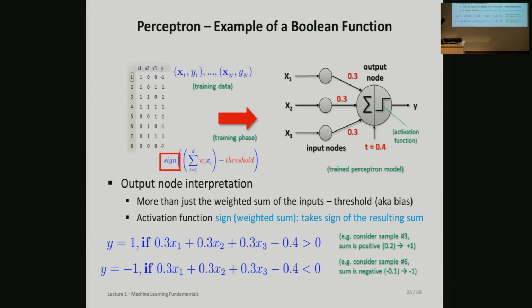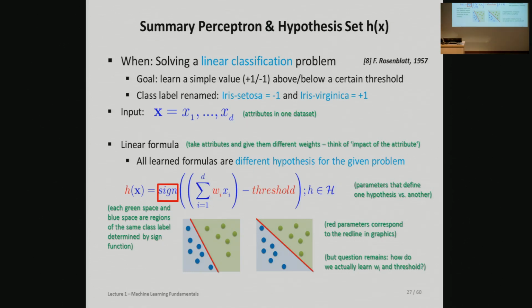So still the question is how we get to these weights. Right? Now, this is something where you can sit down and maybe try out manually for a long time. But of course, we want to automate the process using machine learning. So this brings us now to the idea of a so-called hypothesis set. And this will be a notion that we will take care of throughout the whole lecture series when we talk about h of x.